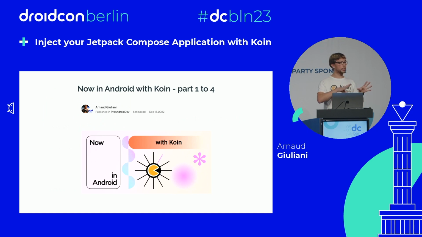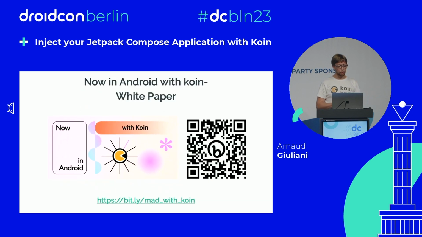I will be super quick around the content. I won't go into details about all the components, but I made 4 articles about using Koin and Koin annotations, about how you can write the same Now in Android application, but with Koin. And at Codezilla, we gathered all those articles inside a white paper of 30 pages with all the details on everything. If you want, you can just take a photo of the QR code, and it's gathering all of this if you want to dive into more details after the conference.